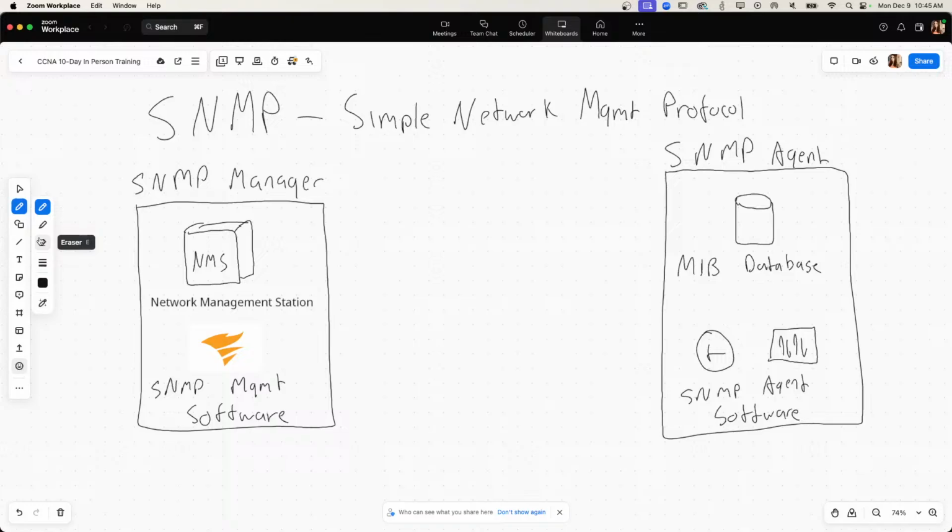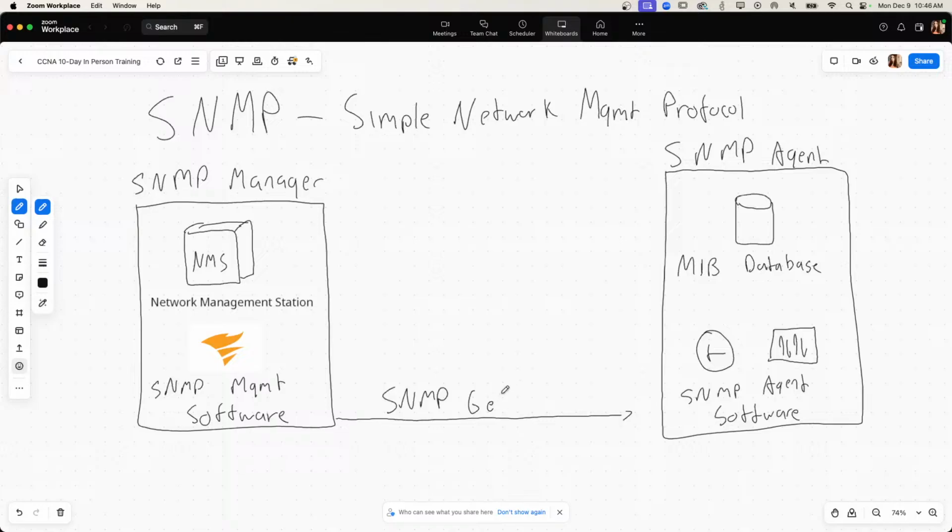Okay. So the server is going to send SNMP GET and SNMP SET messages to the SNMP agents. The SNMP GET message is going to be asking for information from the agent. This is a monitoring solution. We might want to monitor our CPU thresholds of all of our routers or switches. Maybe we want to monitor our caches. Maybe we want to monitor bandwidth. So let's say I want to monitor the CPU threshold of this switch here. From the SNMP manager, I would set up an SNMP